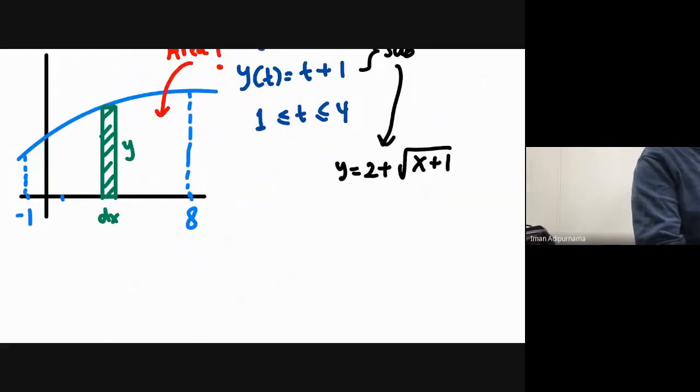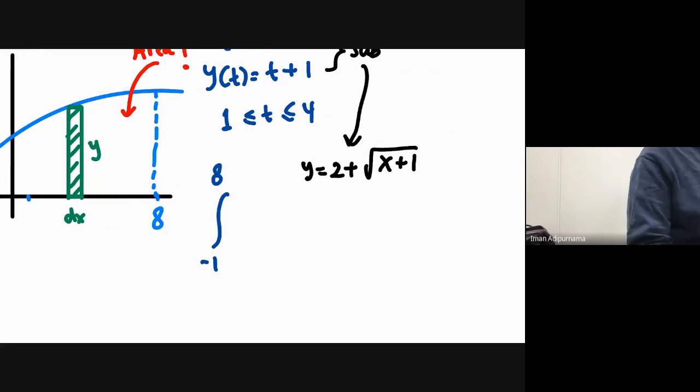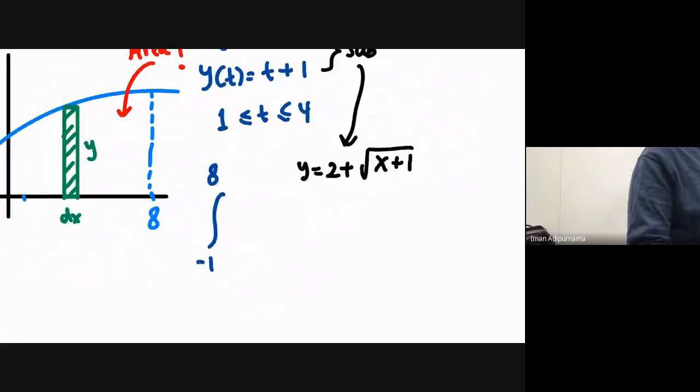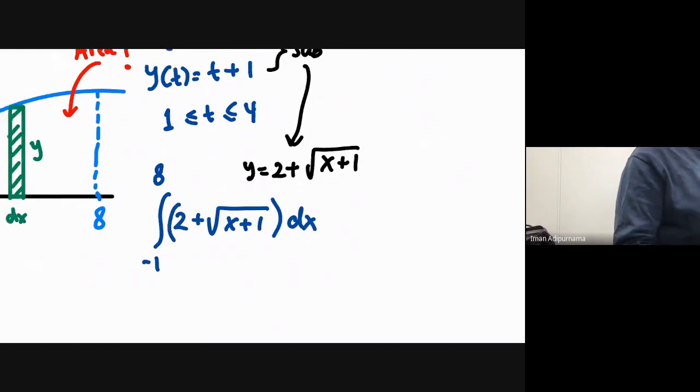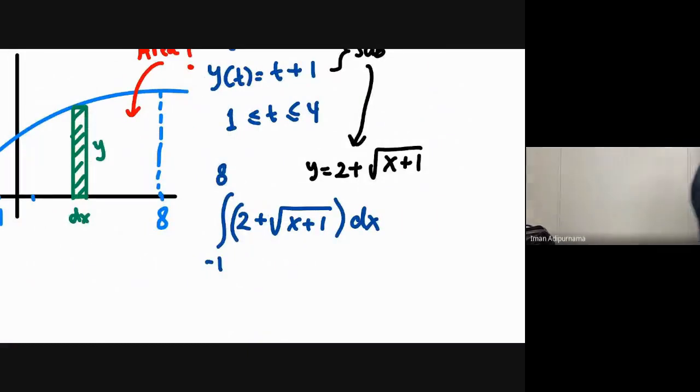So you can also write the integration from -1 to 8, and you can directly use the equation, 2 plus the square root of x plus 1, and then dx. You can evaluate this if you want, but you will have maybe